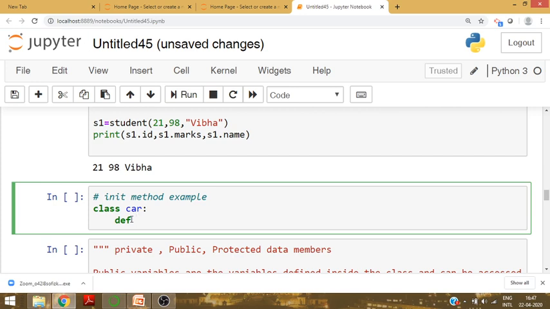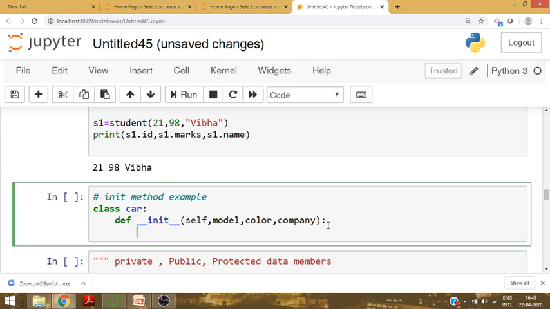Any method, any function in Python can be written by using the keyword def. __init__ parenthesis, first and compulsory parameter is self. Okay, next we will see any other parameter, suppose model, next color, next suppose company.